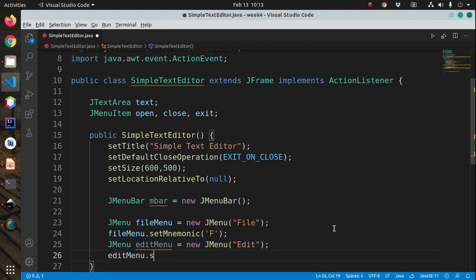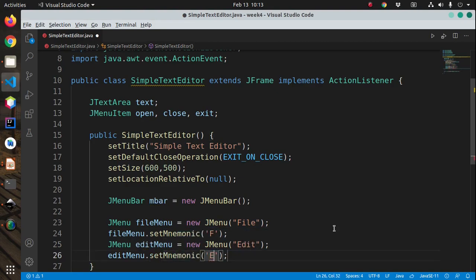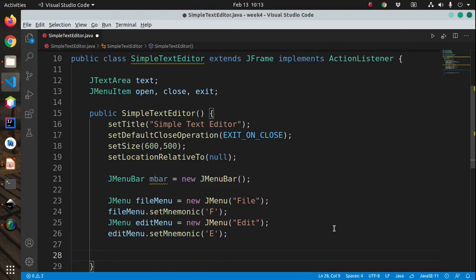We have edit menu dot set mnemonic, and we pass in E. Now let's fill in our JMenu items into our file menu, which is the open, close, and exit. But we also have to instantiate them first. New JMenuItem, and here we pass in the word open,